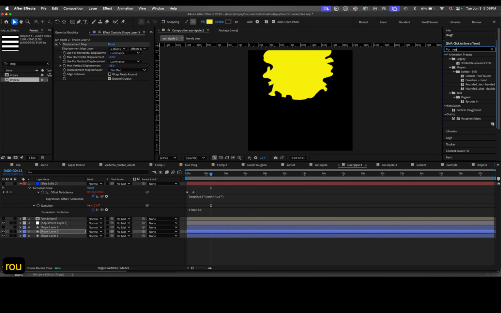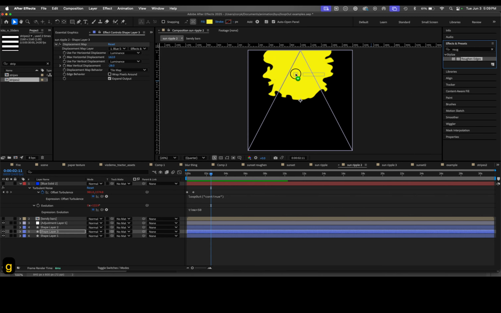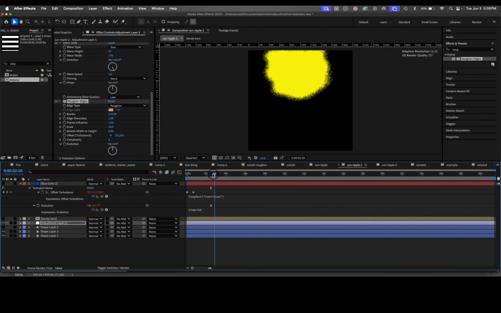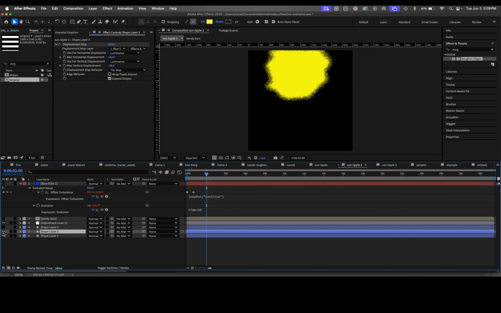Now there's two different things that you're looking for, the border and the other one. So I go to roughen edges here, okay? I'm gonna increase my border by a lot, okay? And then I'm gonna decrease my scale by a lot. And all of a sudden I have this kind of edge, right? Now that animates with that shape, okay? And I can now do stuff to kind of do this, but the easiest thing that I'm going to do is on this new shape here, okay? I'm going to make my track mat this other shape,